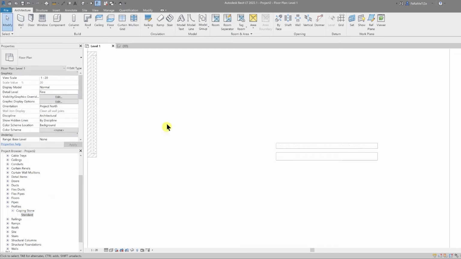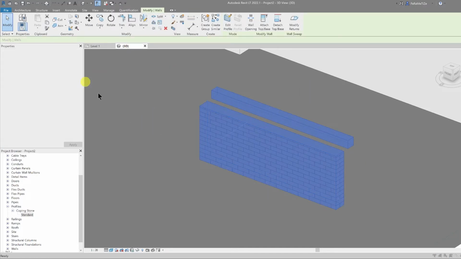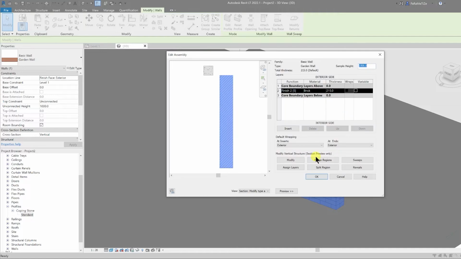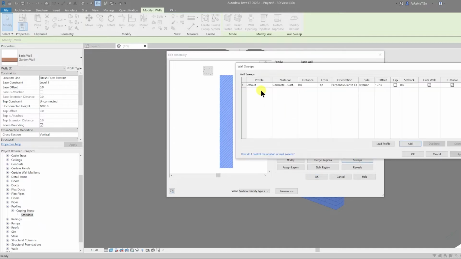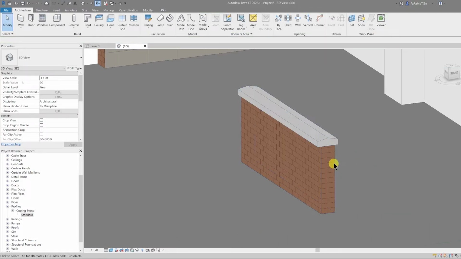And then what we need to do is add that to our wall. So let's go to the 3D view. Let's select our wall again. We go to edit type and we can go to edit the structure, and then we can go to the sweeps, and the profile is currently set to default. So in the drop down we can select the standard coping stone and we hit apply and we can preview what it looks like. So that's not quite in the center, so we have to modify that. So I think it's minus 107.5. Okay, yeah, and then we click OK,